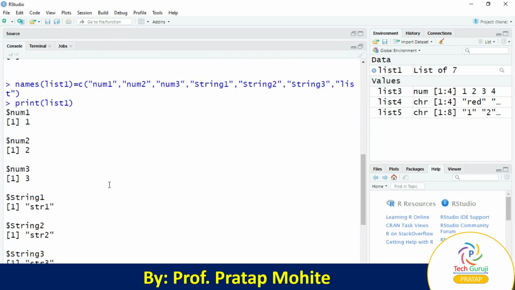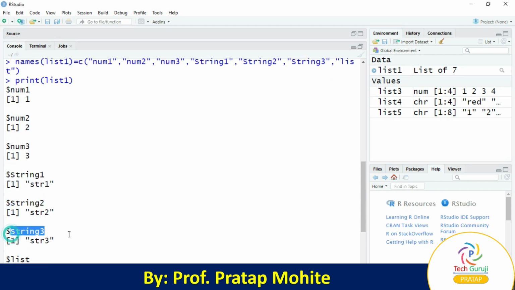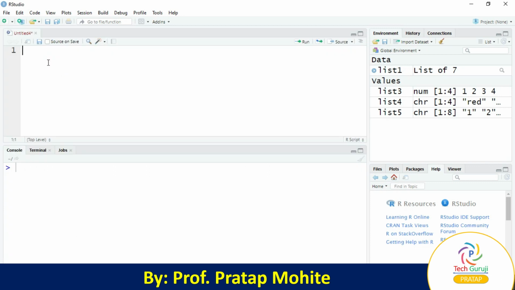So it will display their names to a specific list item. We can find out a specific element from the list. So we'll take another example.